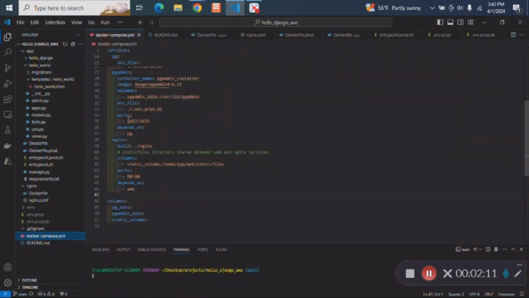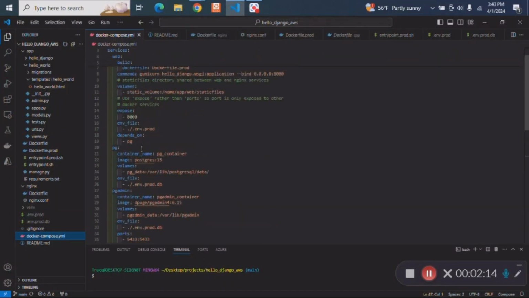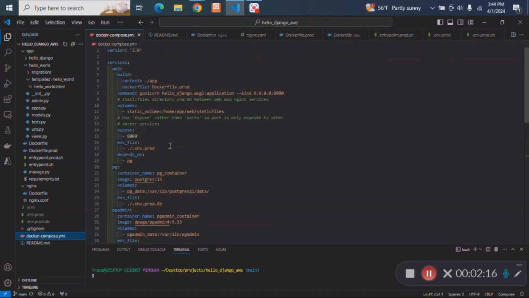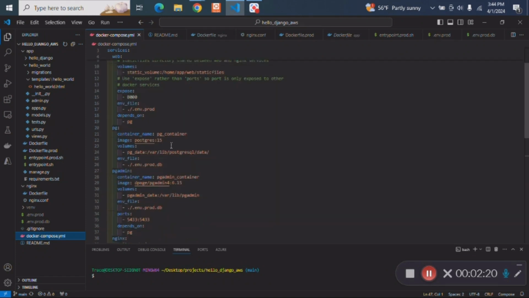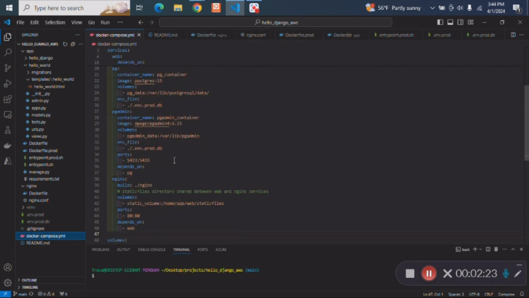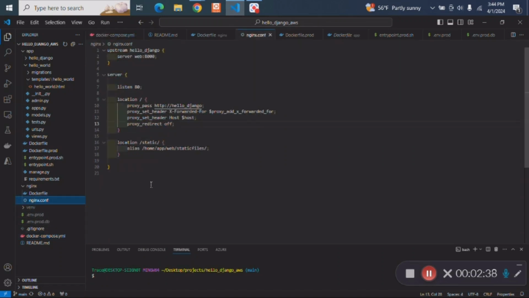So if we look at the VS Code here, we've got the Docker Compose file for the various services and the port configuration and so on. There are different environment files that are used to keep things out of the Git repository to protect things like passwords and so on. Nginx configuration for, like we were talking about, the proxy serving, and also the static file serving. And things like